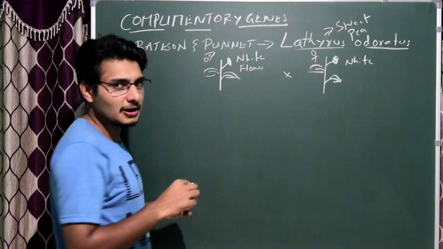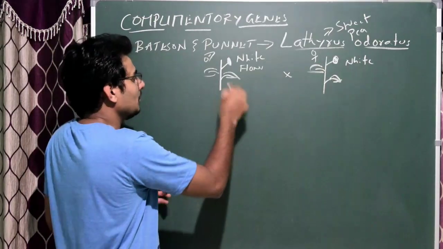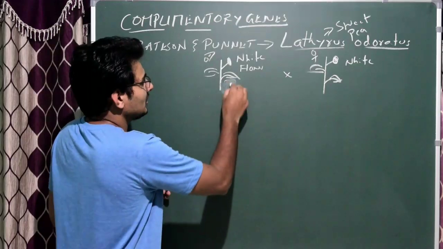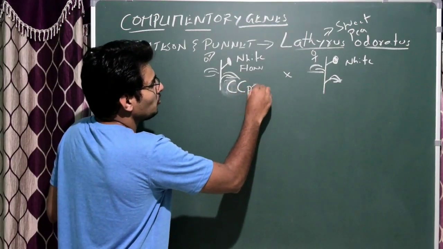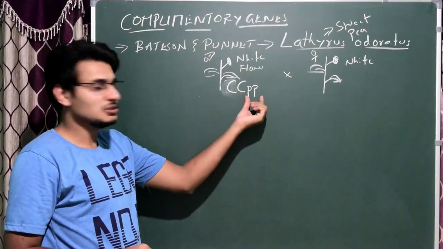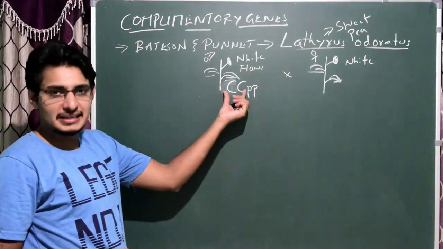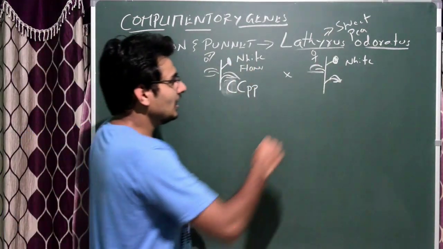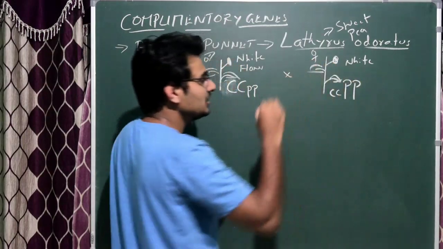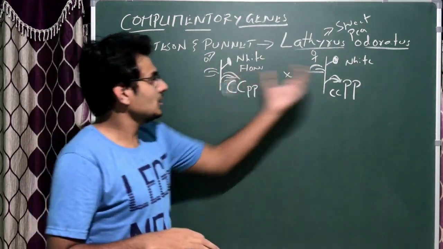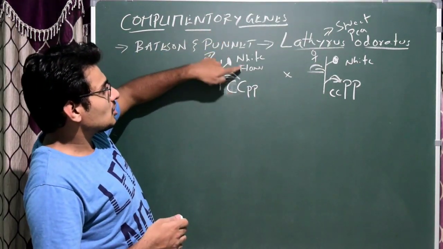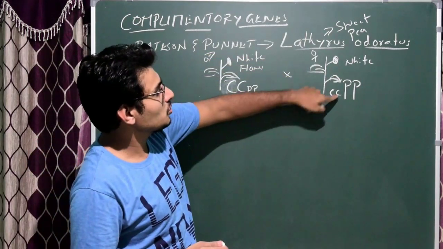Okay, but what is interesting is, if I take this as male plant and this is actually the female plant, so in the male plant the genotype, I'll just write capital letter P, I think better I'll take it as capital C, small p, see the genotype. Here one is a dominant gene, other one is recessive gene. We have recessive alleles here, dominant alleles here, correct? Two different genes actually. Okay, in this case it's exactly opposite, which is small c, capital P. See here. Whatever the genotype, you could see a huge difference in the genotypes, correct? But this genotype is responsible for white color, this genotype is responsible for white color.